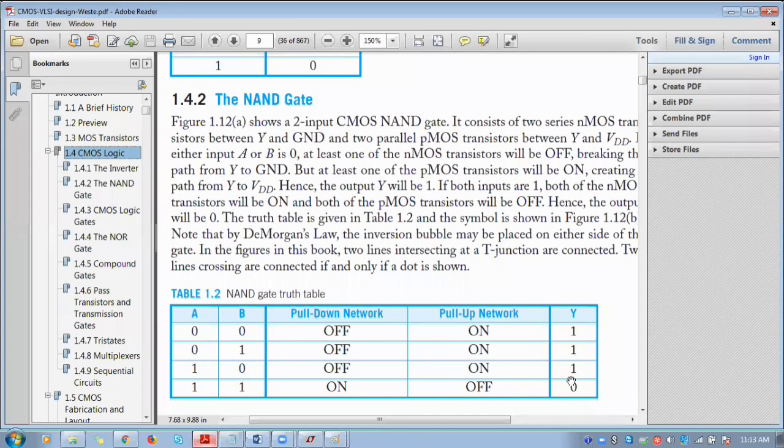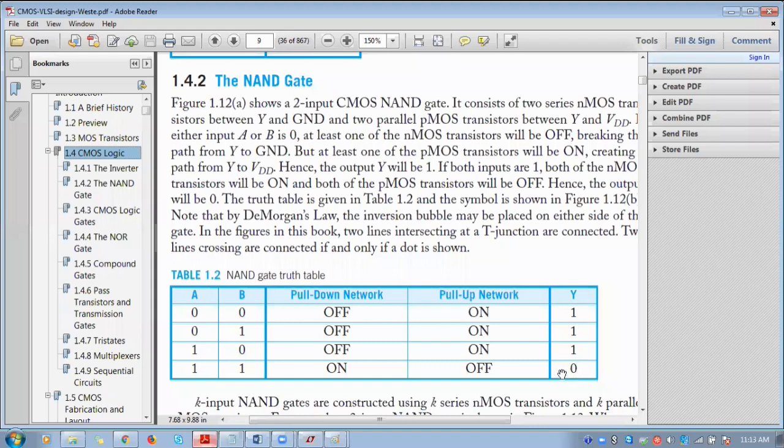According to this output, in order to get this 0 at the output, that can be done only through NMOS, because NMOS can provide a strong 0, and all the logic 1 can be obtained through PMOS, because PMOS can provide a strong 1.